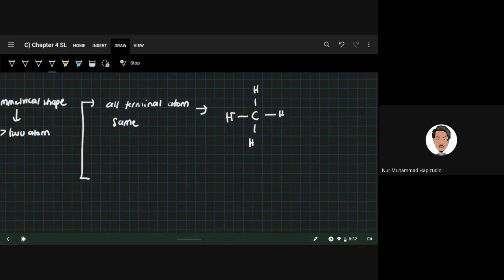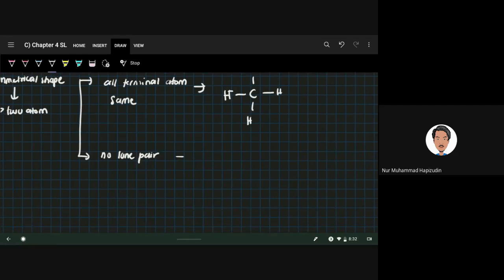Okay, second, no lone pair. Okay, no lone pair. Example, carbon dioxide tadi. Okay, no lone pair at the central atom. No lone pair. Okay, example